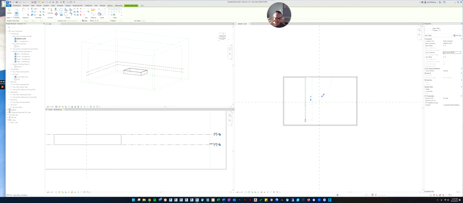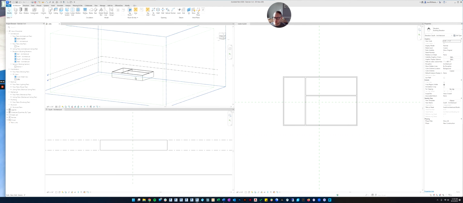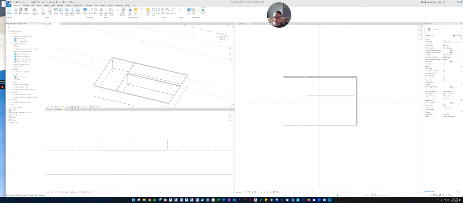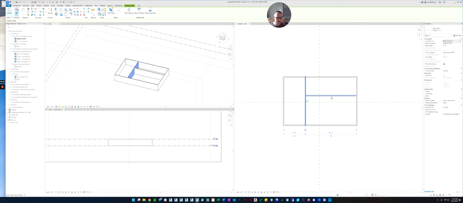So now if I draw a couple rooms, you can see they're not popping up higher. In 3D, you can see they're all at the same height. And if I click on these new walls, you can look and see that the top constraint has already been set for you.